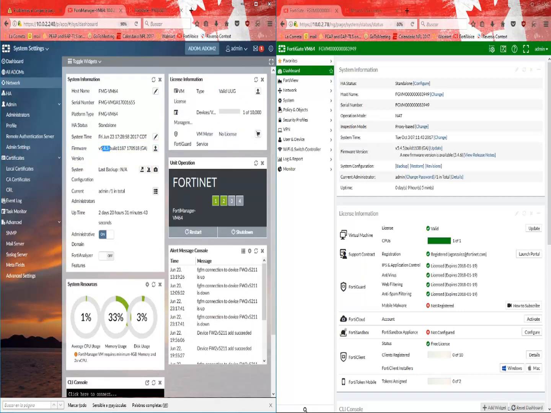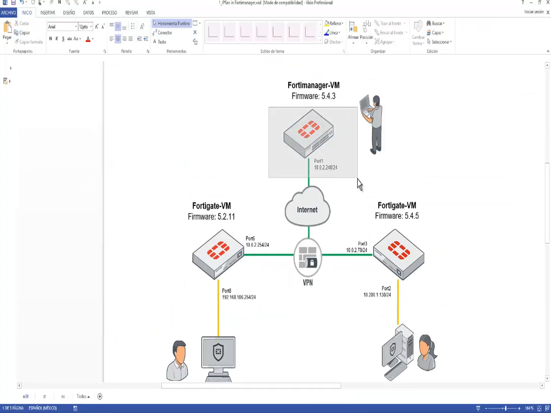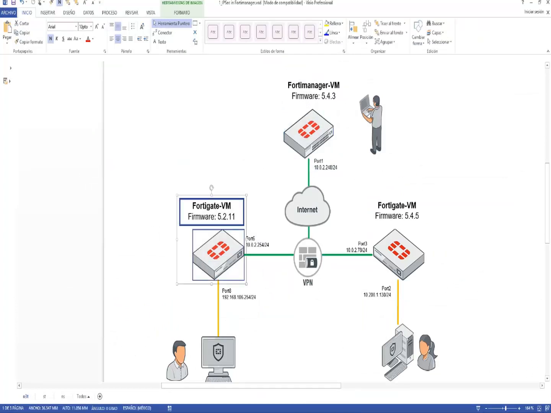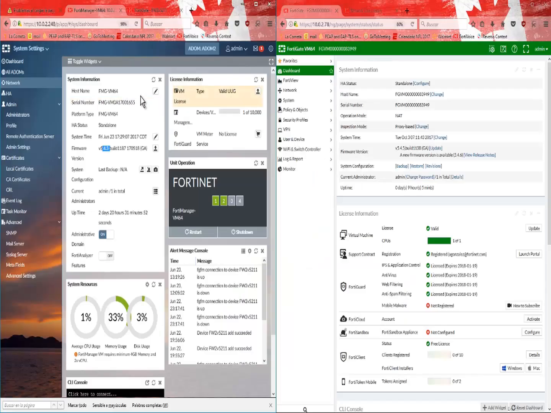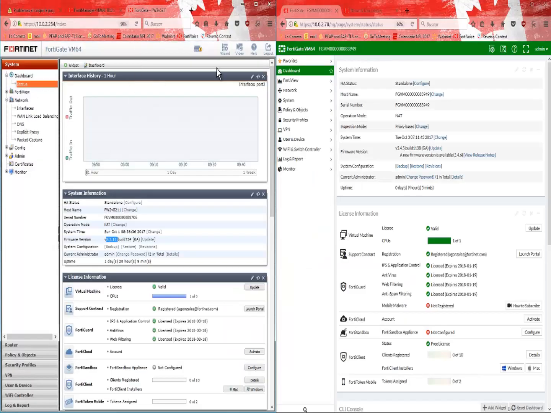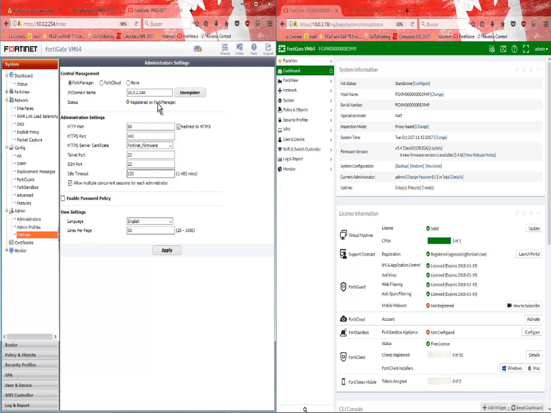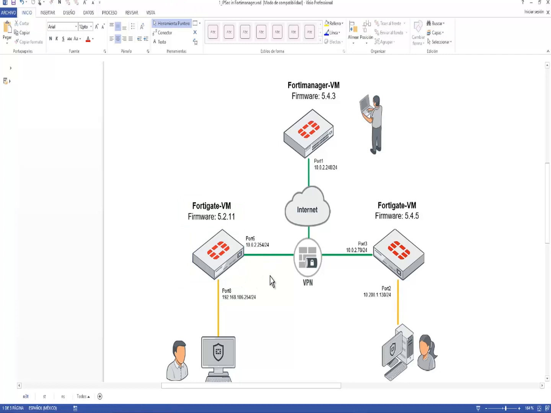This FortiManager is going to represent this one, and this FortiGate is represented over here. It's controlled by the FortiManager. We can also see here in the settings that it's controlled by this FortiManager, .2.248, as we can see here on the diagram. Okay,